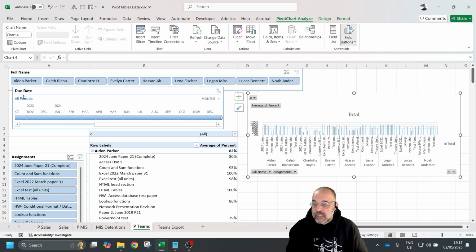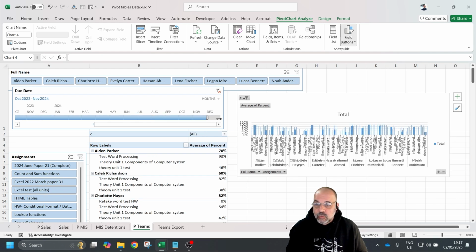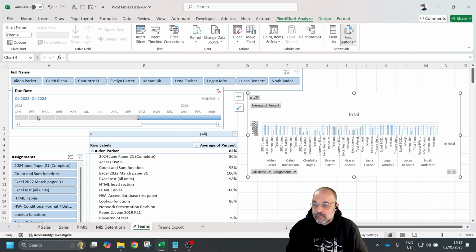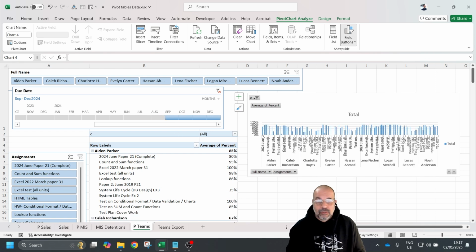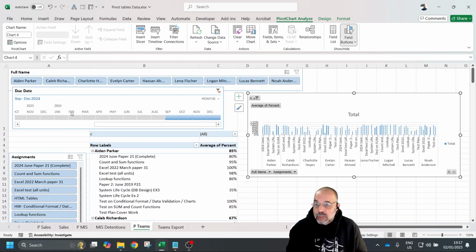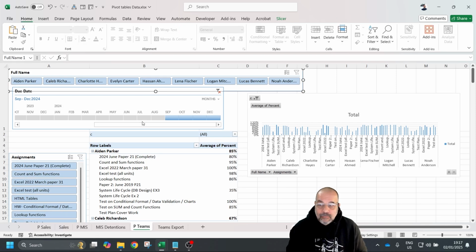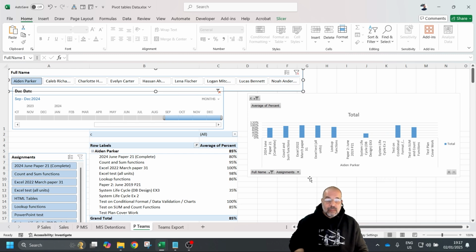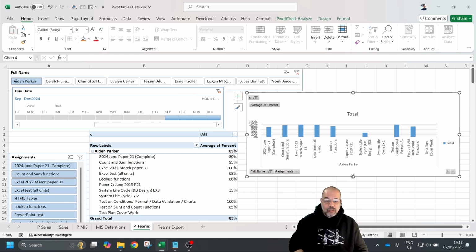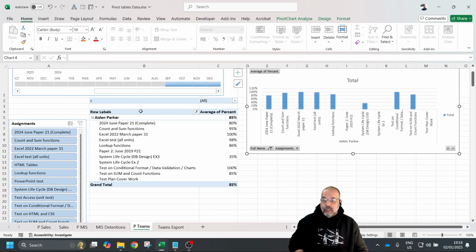So if I want to see all the information quickly to do with the last part of the term, let's take that all the way up to here. Let's say September to there. And I only want to see for a particular student. Let's say Aiden. There we go. And this very easily and quickly shows me that information only for Aiden, only for that